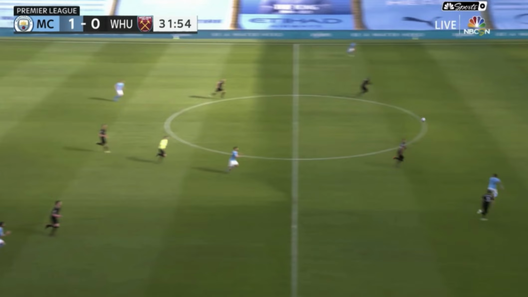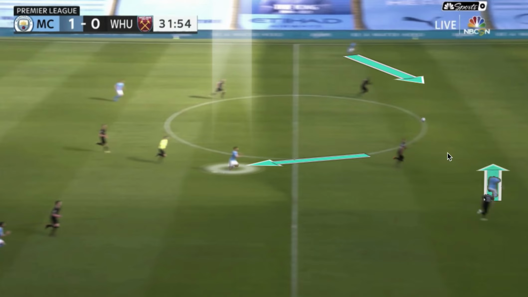So now with the ball going in behind, we can see the false nine positioning of Aguero dropping between the lines in midfield. And in the same sequence as we saw in the last frame, we have both wingers making narrow runs from the half spaces into the central corridor, which creates the positioning of West Ham to be under stress, because with the defender having to worry about Aguero as well as the runs in behind, it puts them under a lot of stress